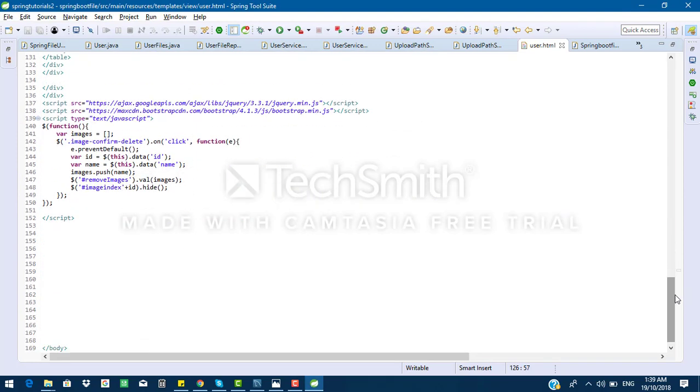Now I am going to write the delete functionality. Before I write the delete functionality, I need to design one modal. So I am going to design the modal first. Here I am writing modal, I am taking a modal div with id my modal, tabindex equal to -1,